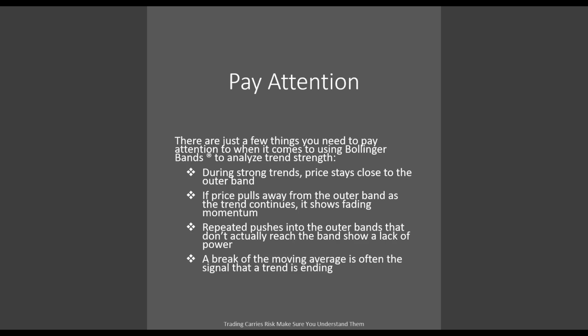So there are a few things you need to pay attention to when it comes to using Bollinger Bands to analyze trend strength. During strong trends, price stays close to the outer band. If price pulls away from the outer band as the trend continues, it shows fading momentum. Okay. So what we're looking for is,